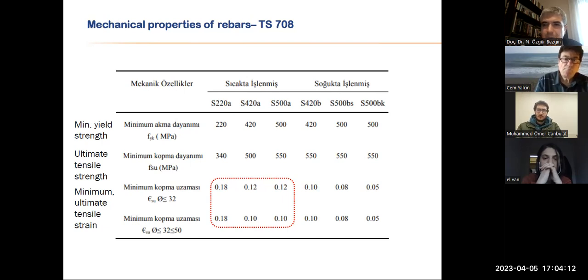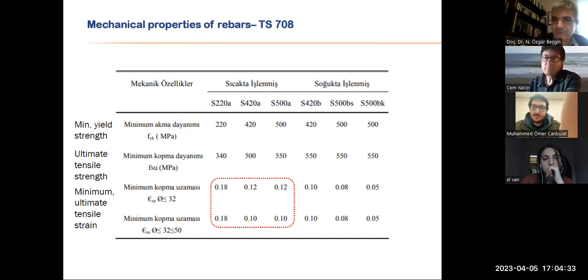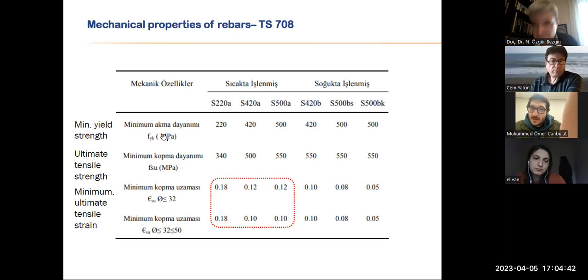You can open up the microphones and respond accordingly, please. Which stress value do we use as our mechanical design parameter? So you mean the strength value? Yes, when we design rebar, which material strength value do we take, and multiply with the material constant and so on? Tensile strength of the steel. Yield strain, you mean? Yield strain, yes. So yield.